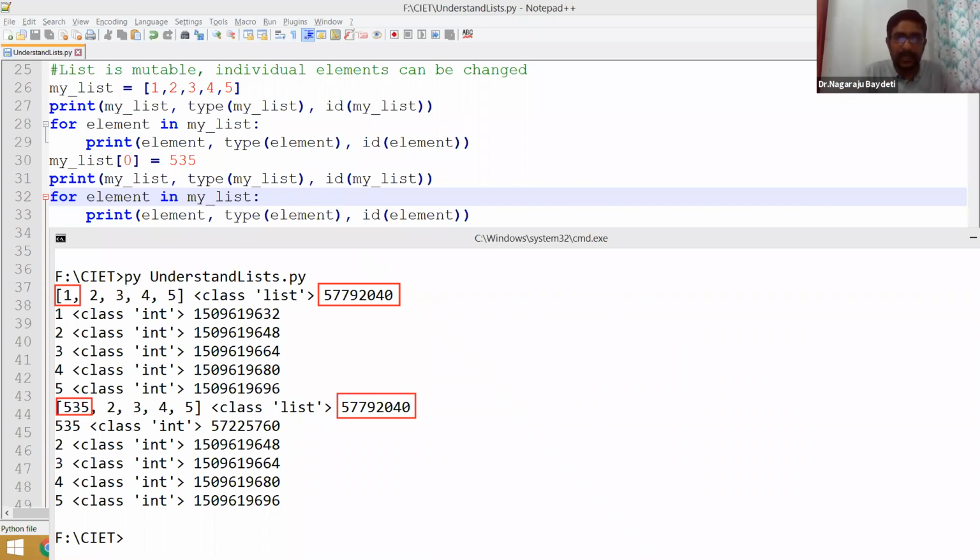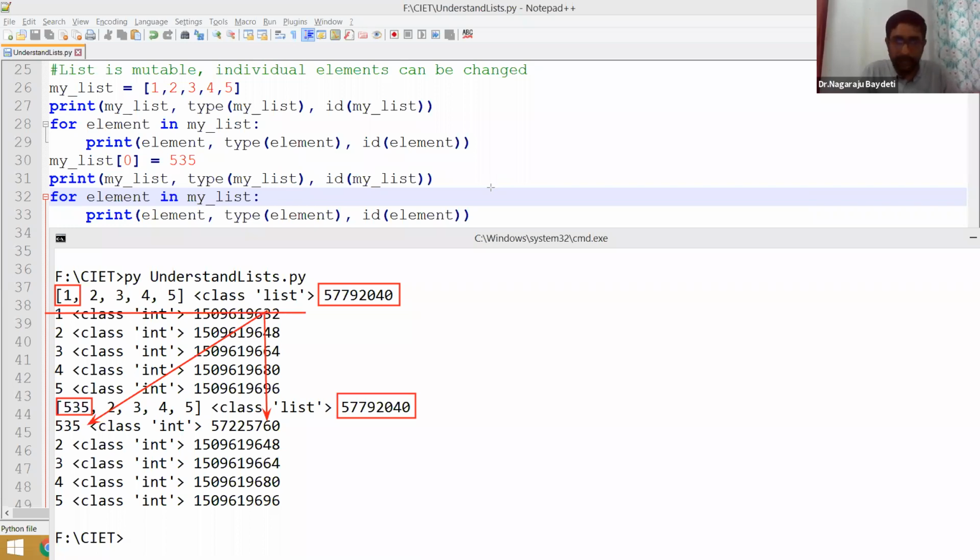Basically, what I mean to say is, everybody see here, this is gone and instead of that exact one, 535 has come with a new location, but my list object address is the same.